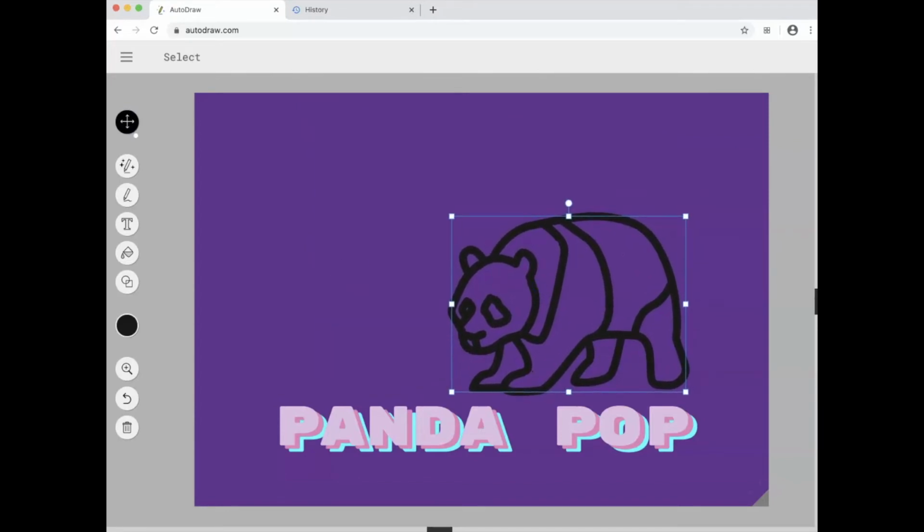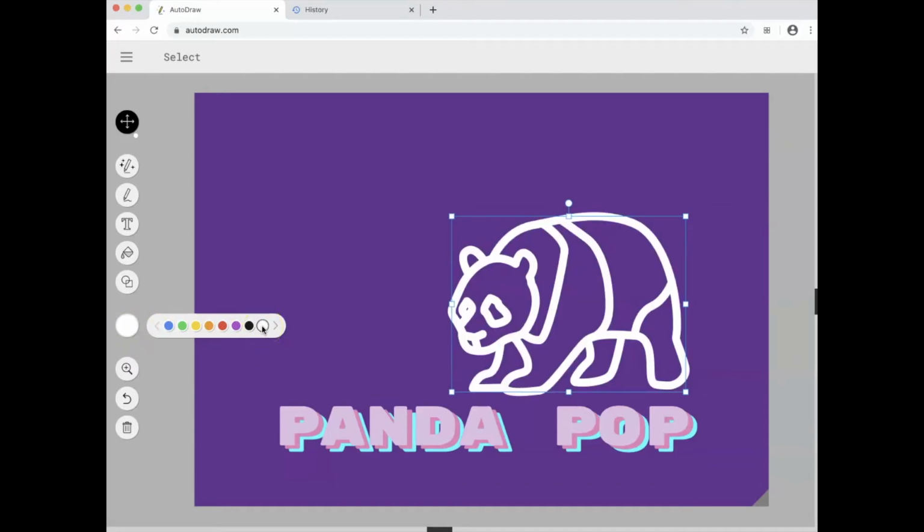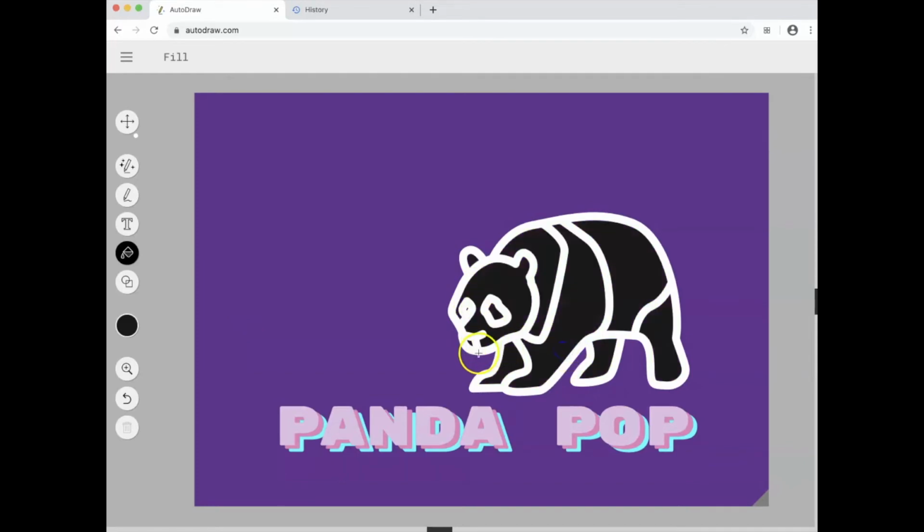I'm going to move him over. If I want to change the outline color while he's selected, I can do that. When I go to fill a section with the black, not every AutoDraw is going to allow you to pick out the different shapes. This one is unfortunately only going to let me fill in the whole shape as one